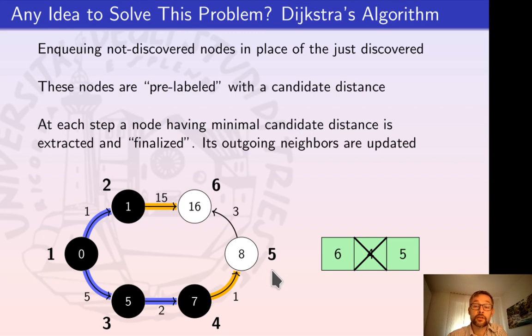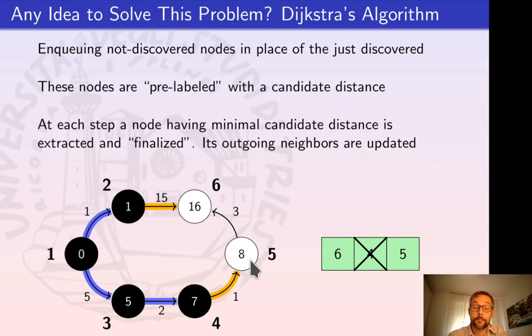Okay, so this strategy, this algorithm, let's say, is known as Dijkstra algorithm, from the name of the guy who invented it, and it works exactly as you saw it. So again, here we have a queue containing the nodes 6 and 5. From the queue we select the node having the smallest candidate distance among the two, which is 5, and so we extract it from the queue, we finalize it, meaning we know for sure that this is the correct distance for 5, so we also finalize the